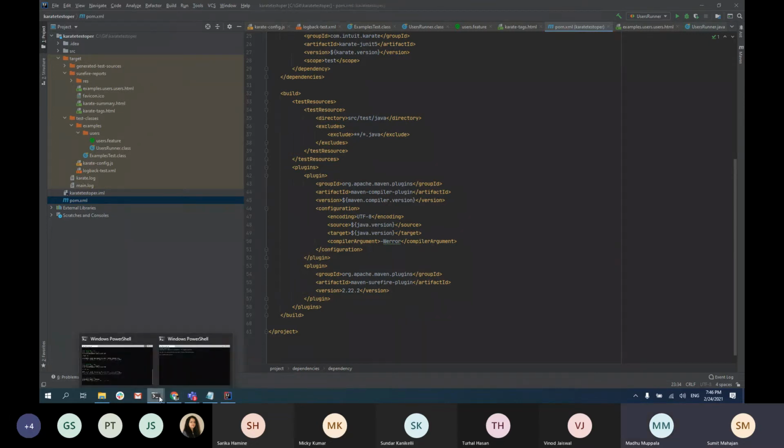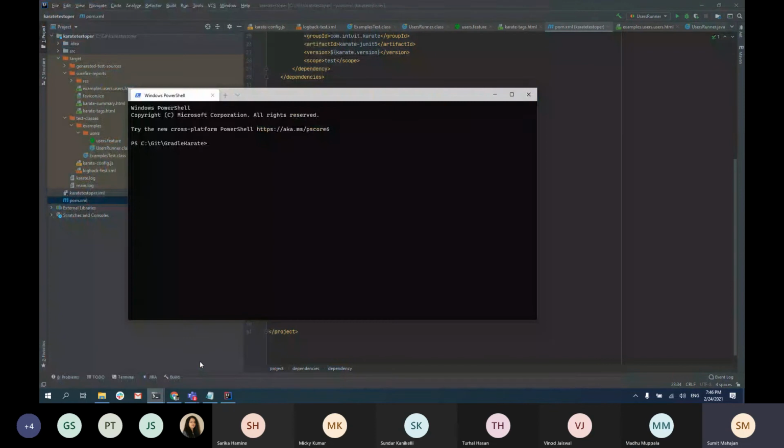So let me create a Gradle project. We're going to convert this POM into a Gradle project, right? So let's do that. Gradle provides this feature of having a Maven project converted into a Gradle project, so you don't have to start from the beginning.